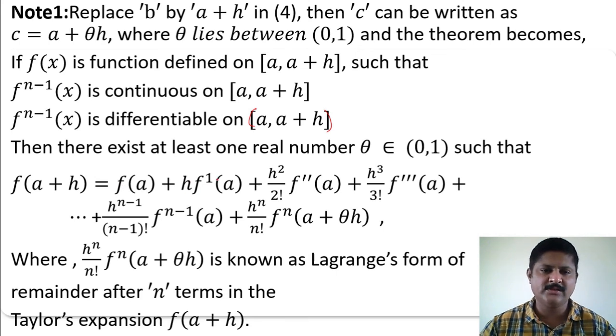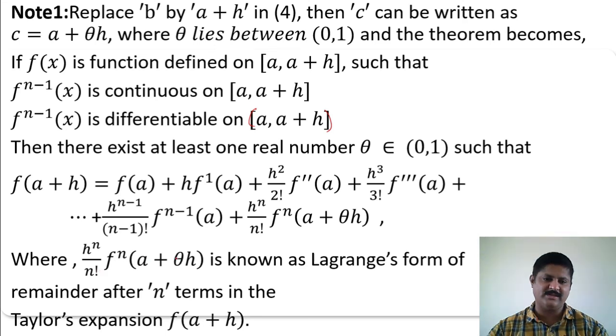(a) plus h into f'(a) plus h square by 2 factorial into f''(a) plus h cube by 3 factorial into f'''(a) plus so on plus h power n minus 1 divided by (n minus 1) factorial f^(n-1)(a) plus h power n divided by n factorial f^n(a plus theta h), where h power n divided by n factorial into f^n(a plus theta h) is known as Lagrange's form of remainder after n terms in the Taylor's expansion of f(a plus